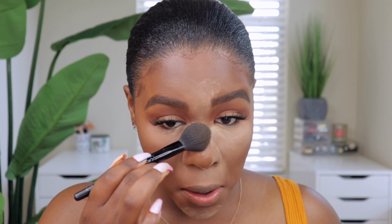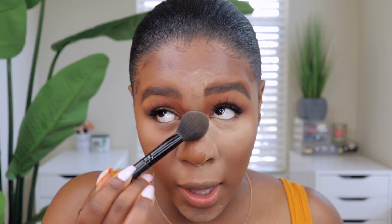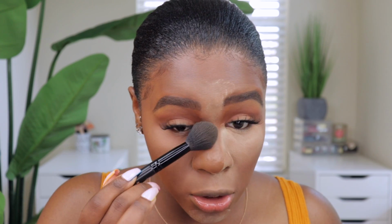I am ready to see what it looks like. I'm using my e.l.f. blush brush to brush this all off. So let's go ahead and do that. Oh, y'all. Okay, I'm pretty sure y'all see this, but it just looks so flawless underneath the eyes. And I just love the fact that even though it's a yellow powder,